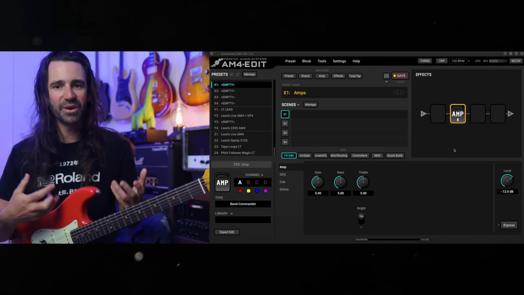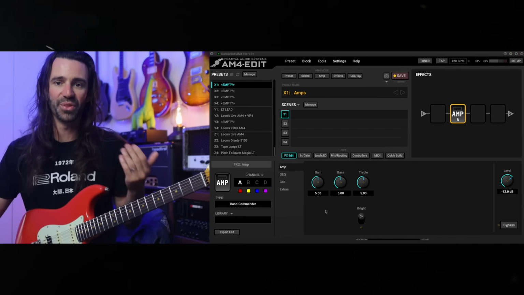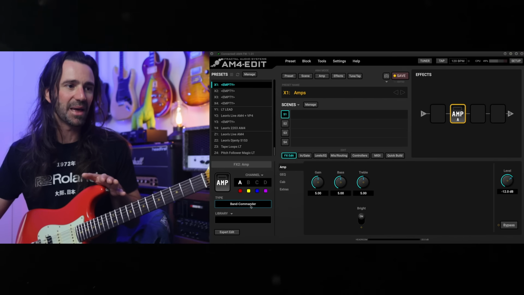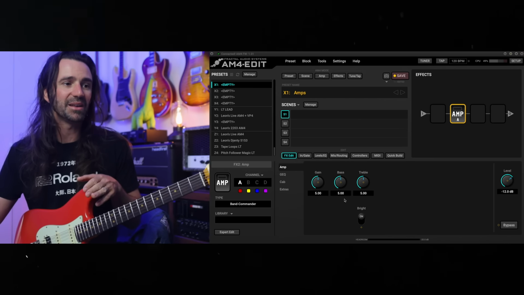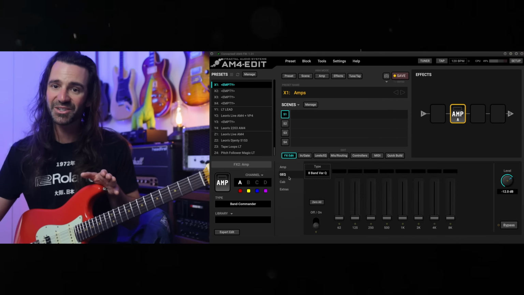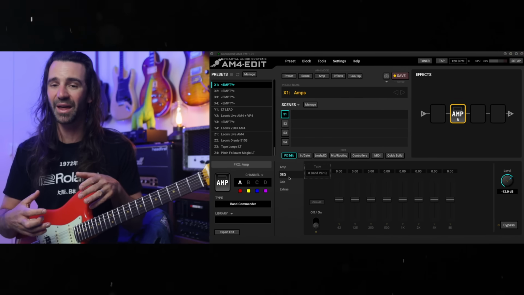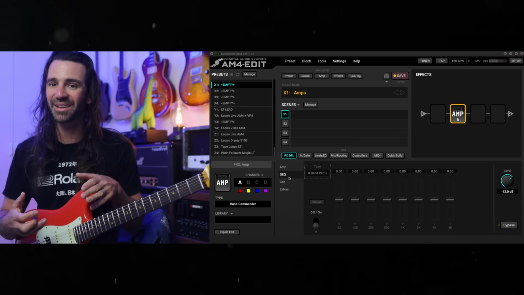So far, it looks pretty familiar if you've used other Fractal products. You've got the amp page with your authentic amp controls. I'm using the Band Commander model at the moment. So I've got gain, bass, treble, the bright switch, and a level control. There is a graphic EQ section in here, which is currently disabled. That's only going to be enabled by default on amps that have a real graphic EQ, like say a Boogie